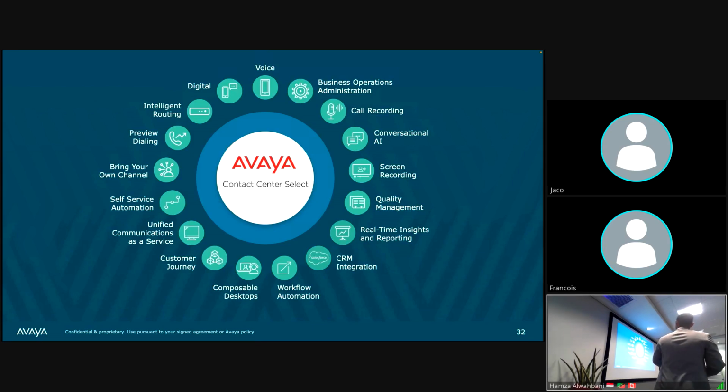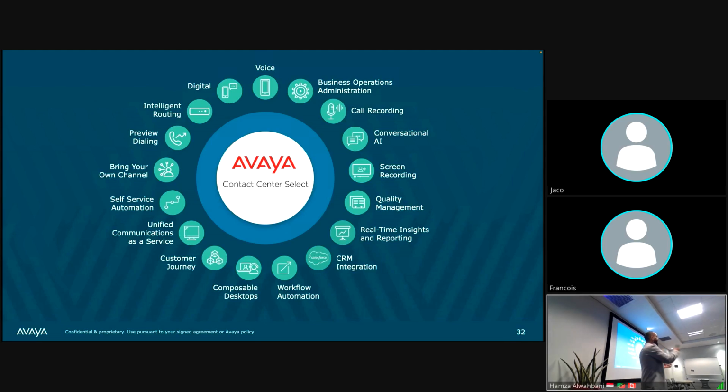For example, starting from voice to digital channels, to intelligent routing if needed, to auto dialing, to allow the customer to bring his own channels, to enable the self-services, to enable unified communication as a service, to enable the customer journey on the agent platform, to give the agent a composable desktop unified portal,